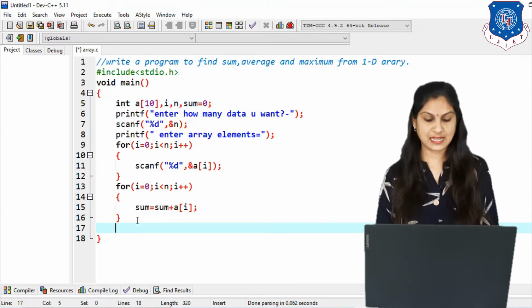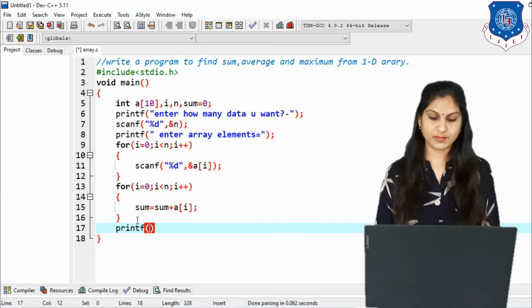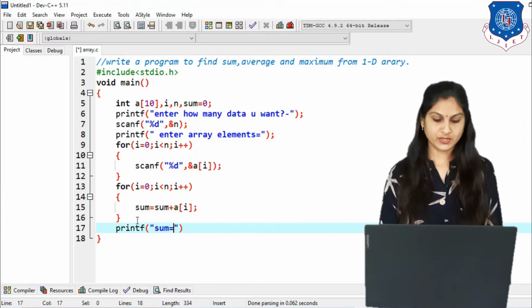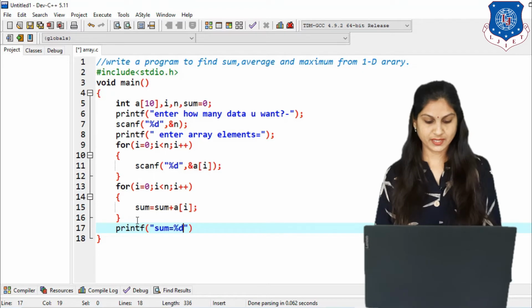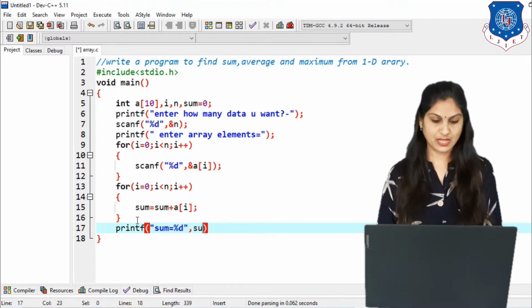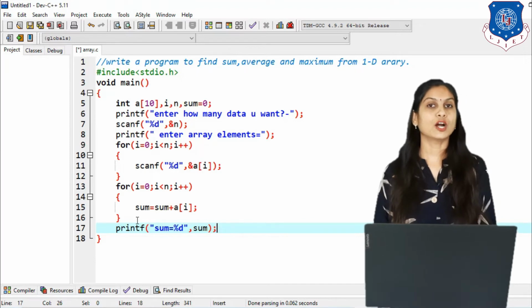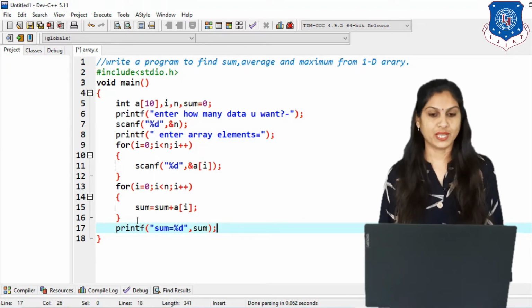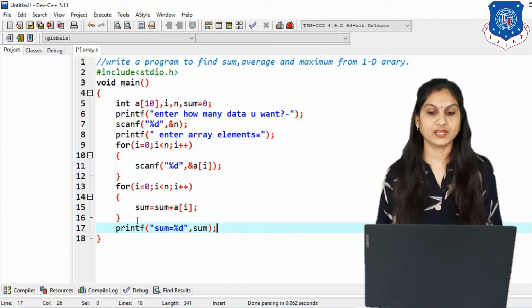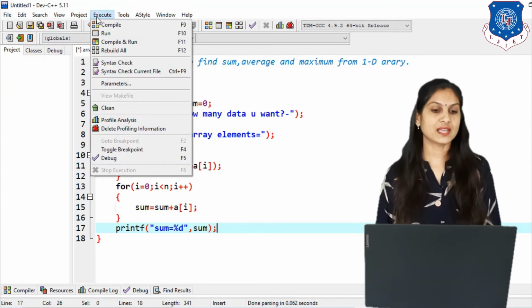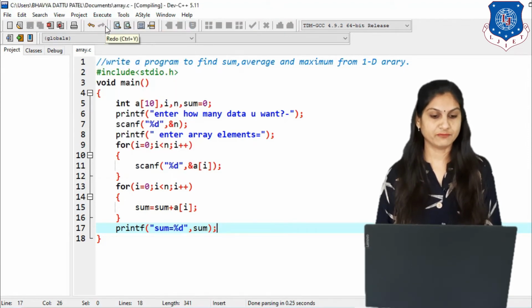Now print that answer. For that we write printf in double quotes, sum equals %d, and then the value of sum we have to print. First see the output of the sum program, then we will discuss average and maximum. Compile it first.